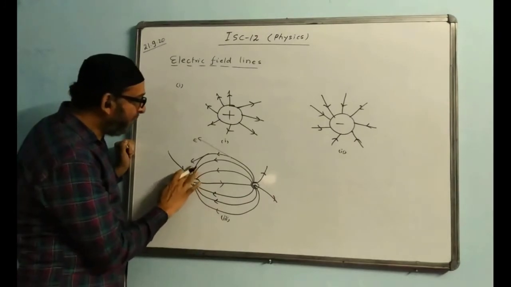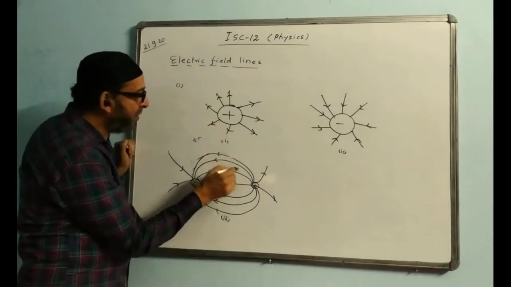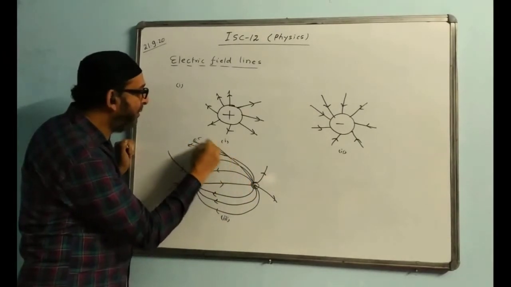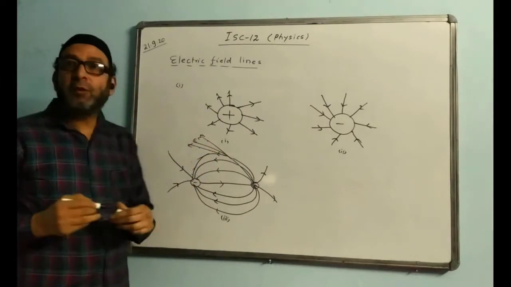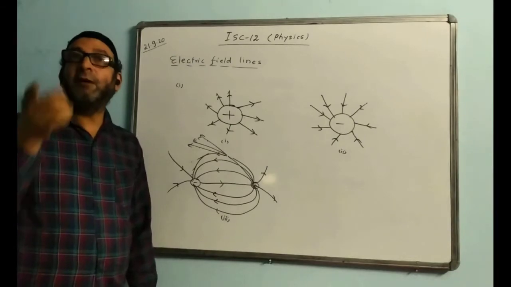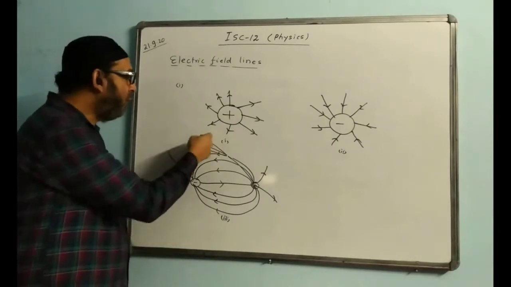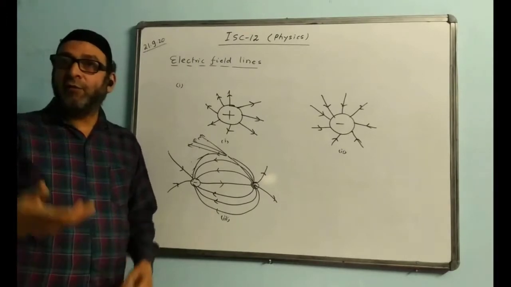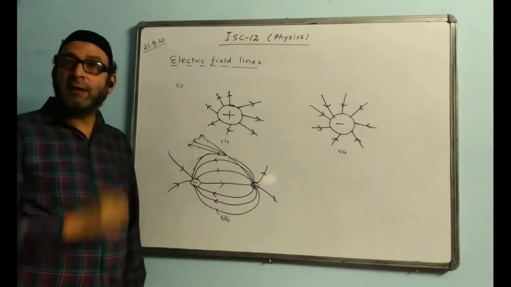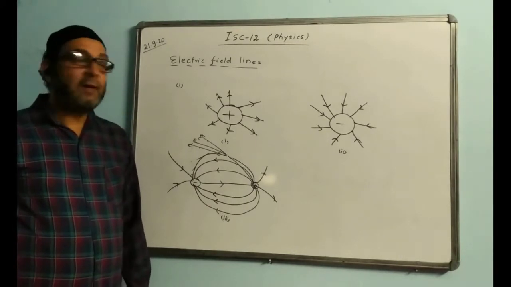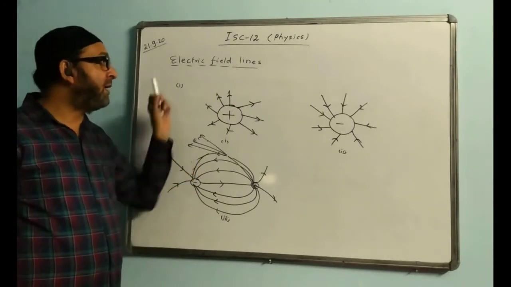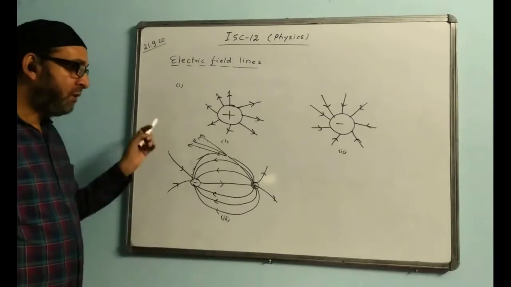Suppose two field lines intersect each other, like one line is coming and intersecting here. One tangent will come here and another tangent will come here like this. So there would be more than one electric field at that point, which is not possible. The electric field will be only one. There will be only one force acting at that point. You can't have more than one force; the electric field is that kind of force. Two forces cannot act at a single point. So that is the reason why no two field lines intersect each other. This is a very important aspect of electric field lines. Hope this topic is covered.